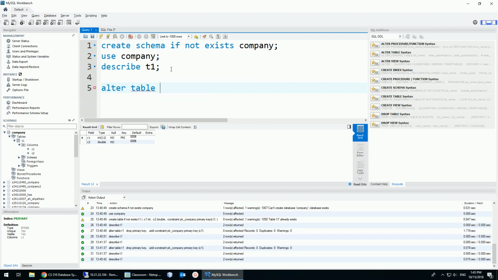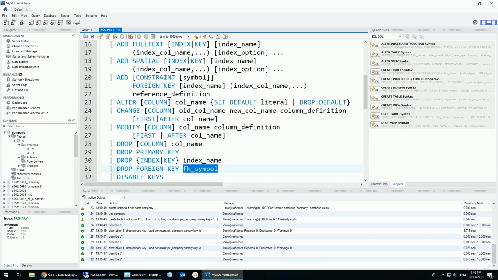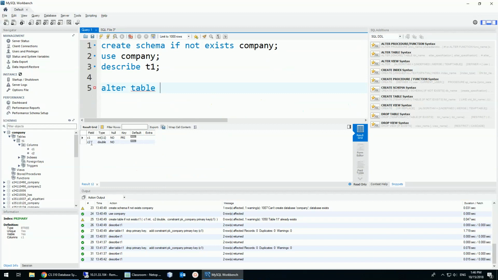Oh, there's something I didn't show you though. It's the MODIFY, because I can use MODIFY COLUMN. This modify column can be used if you'd like to change the name of a column or change the data type of a column, or both, the name and data type. So for example, you see this double here. I'm going to alter table T1 and I'm going to modify this column